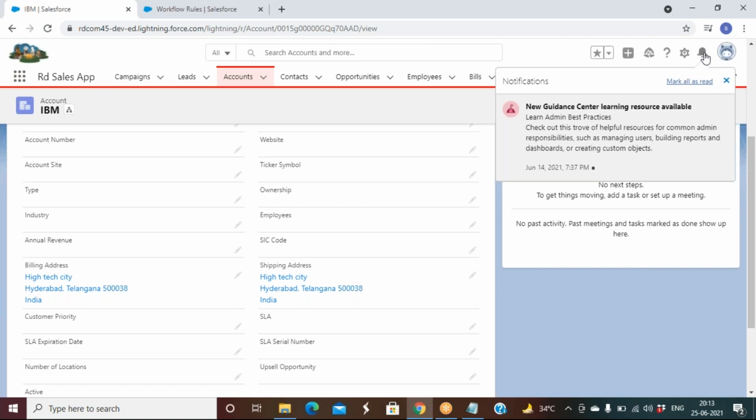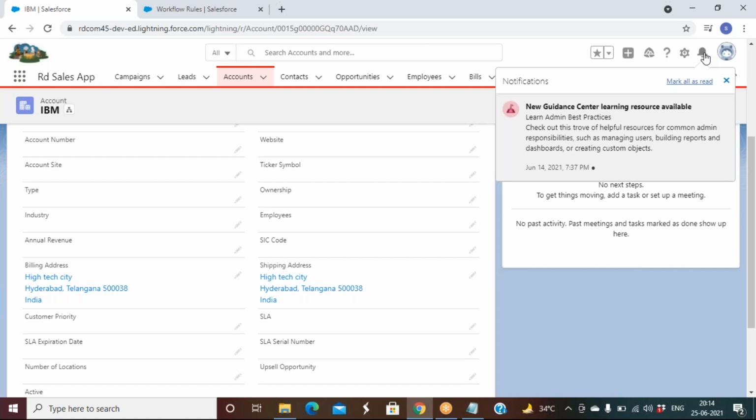So till now we have seen only one action, right? What is that action that we have seen till now? Email alert and field update, individually, right? But now I'm talking about when a record is created or edited, we are expecting to send an email alert.